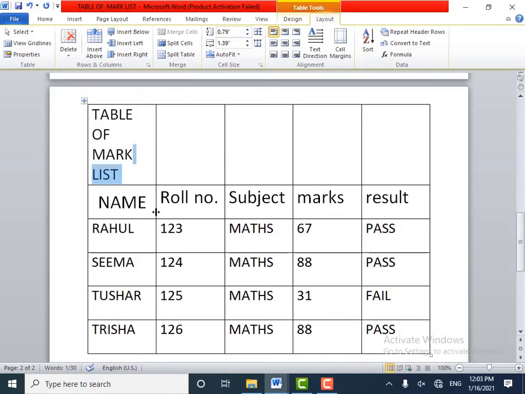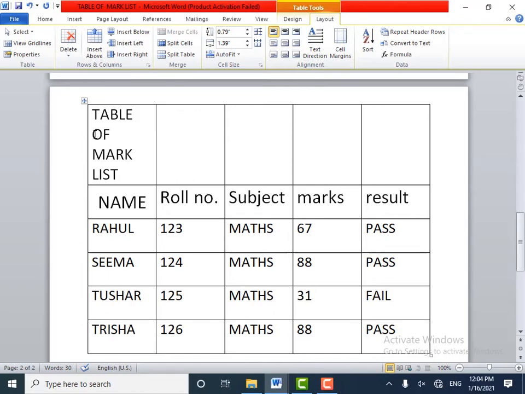Now we will see the next part of the table, merge cell and split cell. First we will see merging of cells. Children, how do we split and merge cells? Let us see that. I have created some data here already. This is the heading of the table and I want this heading in the entire row.